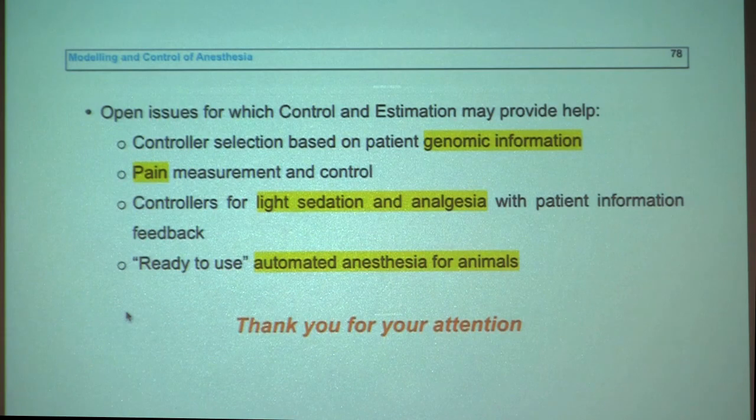And what about the future? Some problems. One is to use genomic information taken a priori, so that you can incorporate more data when you initialize the algorithm. Pain measurement and control. I think this is going to appear. There are some attempts. For instance,